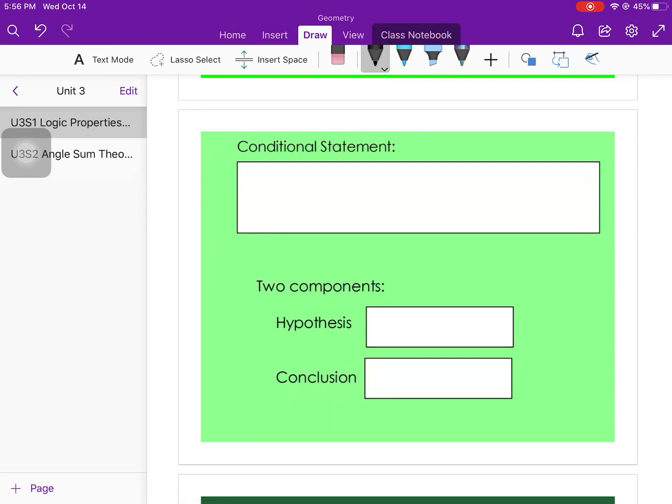Typically, these first few slides we would do in Unit 2, but since we didn't do proofs, we are going to talk about some important properties that are going to affect some of our triangle proofs. Okay, so the first thing is talking about a conditional statement. This is like a logic statement, and you've heard these before. It's an if and then statement, so it's a logical statement